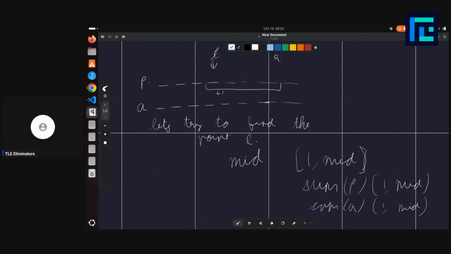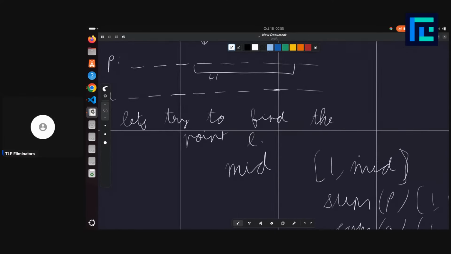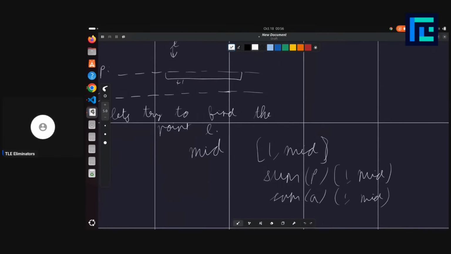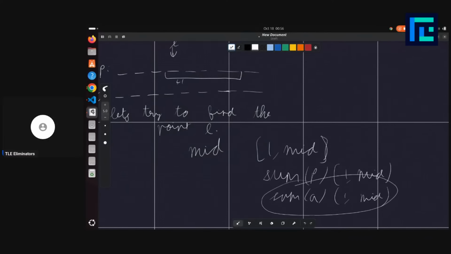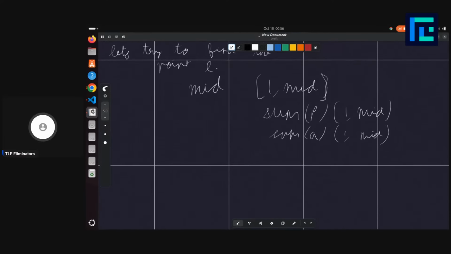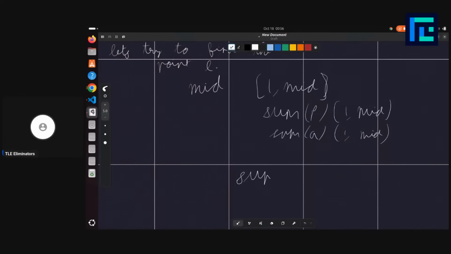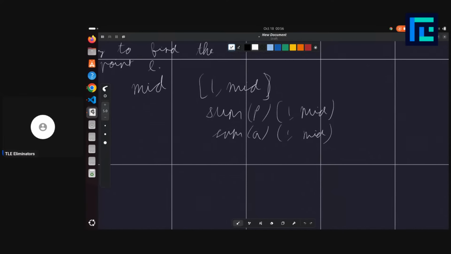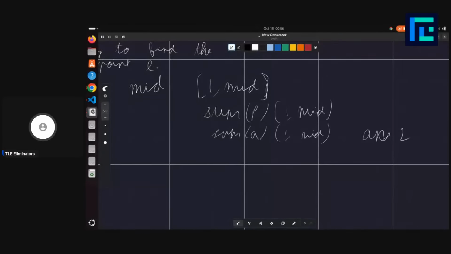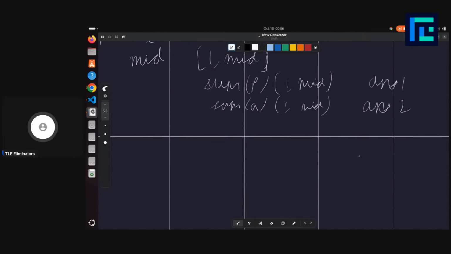So what you can do now is just do both of these queries, sum of p and sum of a, and then subtract them. Let's say you queried first the sum of p in 1 comma mid, and then the sum of a in 1 comma mid, and you got ans 1 and ans 2 respectively. So if you do ans 2